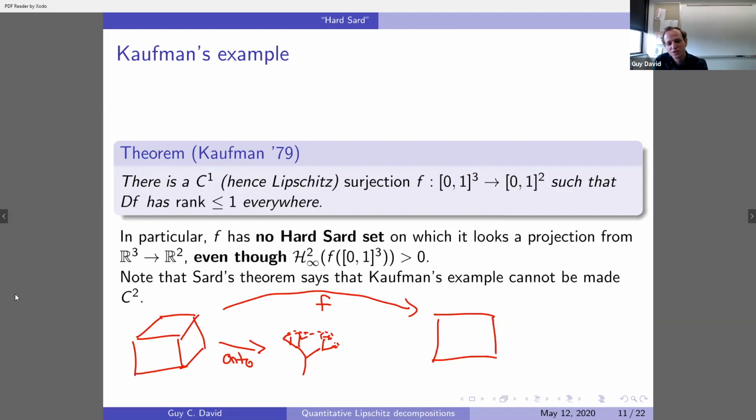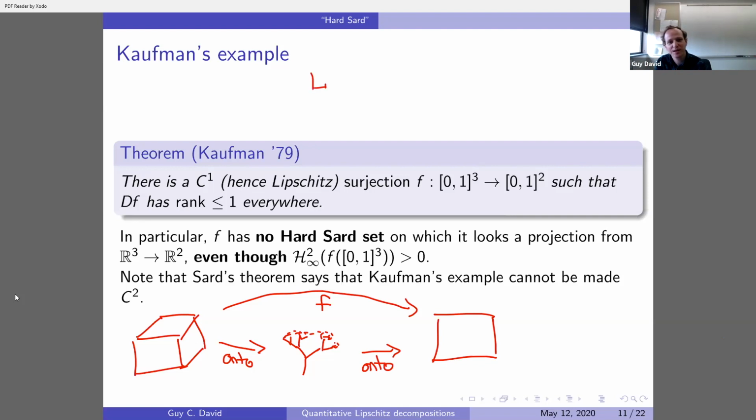And so if you choose this tree appropriately, you can actually map this tree onto the unit square by a Lipschitz map. Okay, so somehow the set of leaves kind of are enough to cover the whole unit square. And because this mapping factors through this 1-dimensional tree, its derivative is going to have rank at most 1. Okay? And so, I mean, another viewpoint on what's going on in Kaufmann's example is that